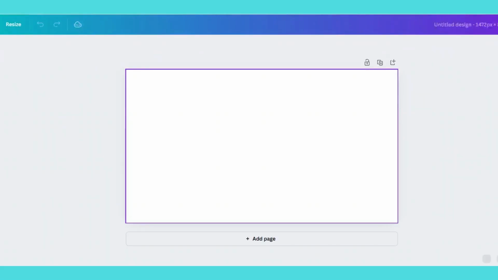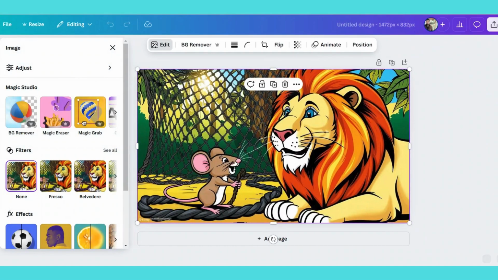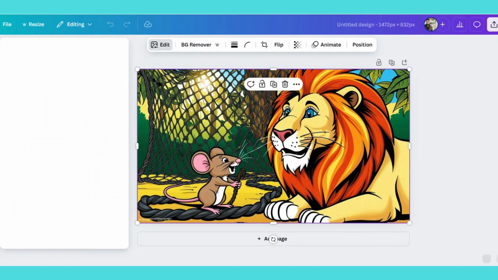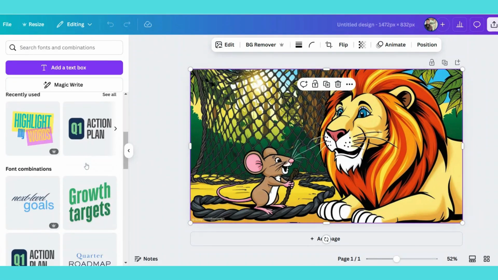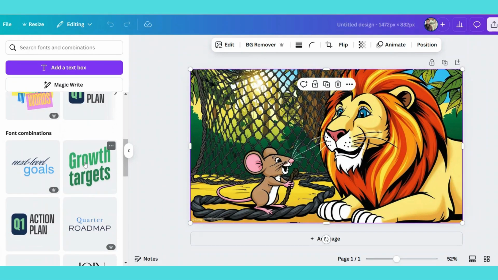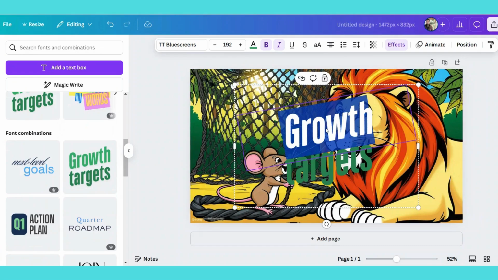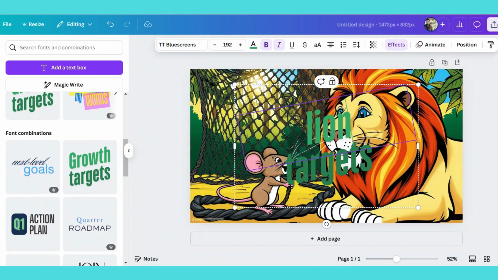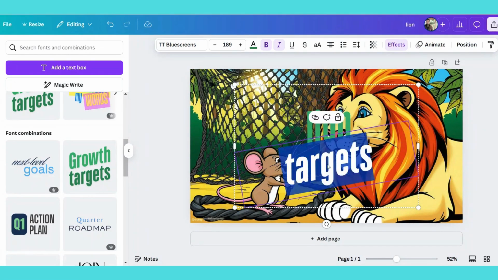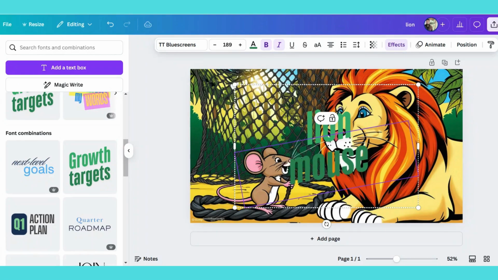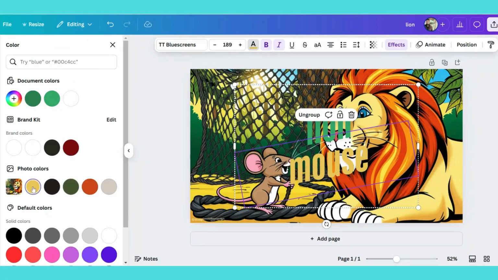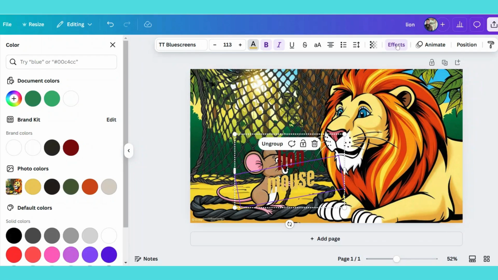You can also edit your image within Canva. This is another amazing feature of Canva Dream Lab. You can also choose your images for your thumbnails, for your story writing. You can select text from the Canva text library. You can apply different effects, whatever you want, and you can increase or decrease the size of your text,